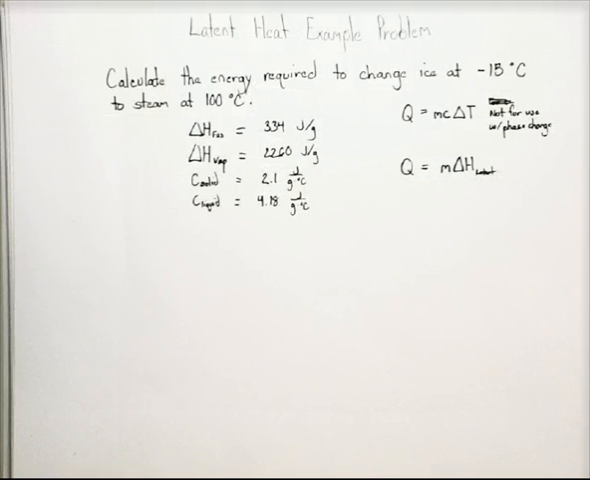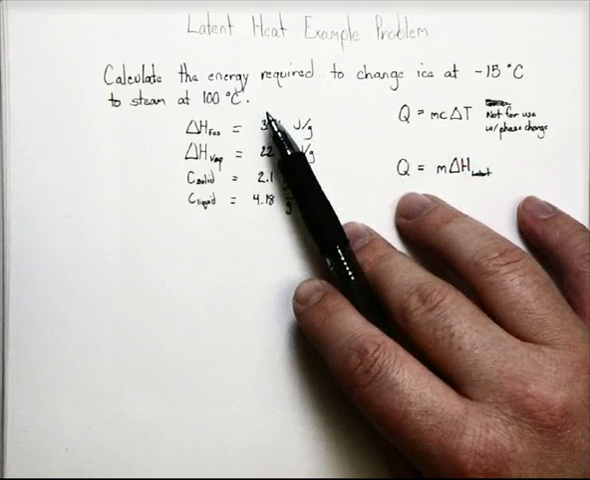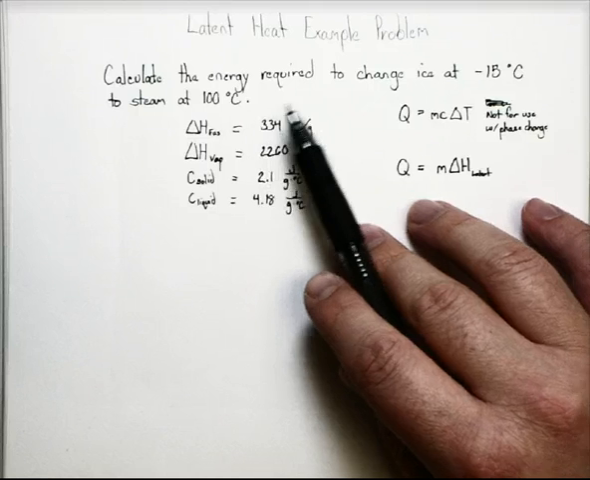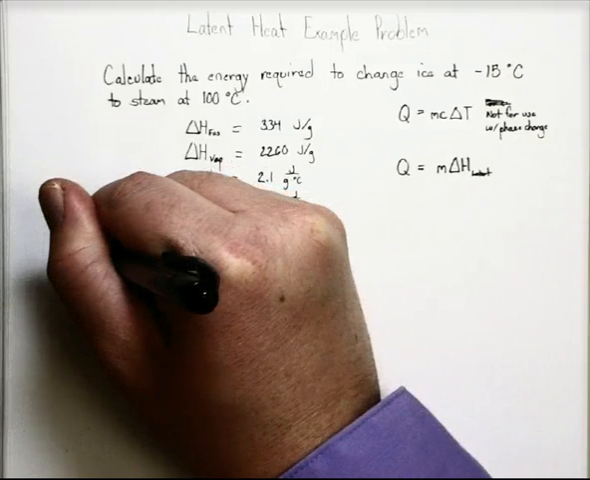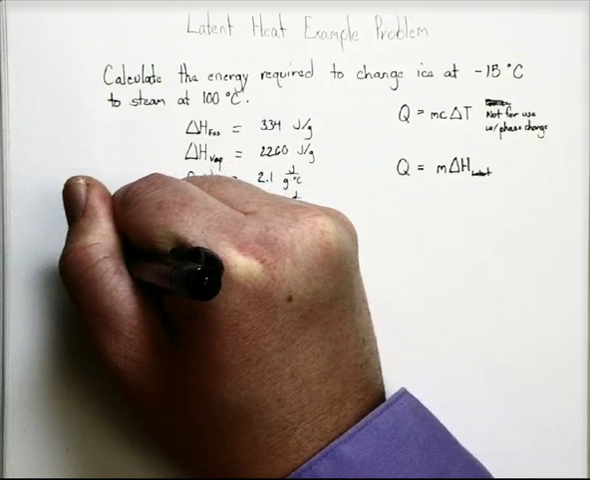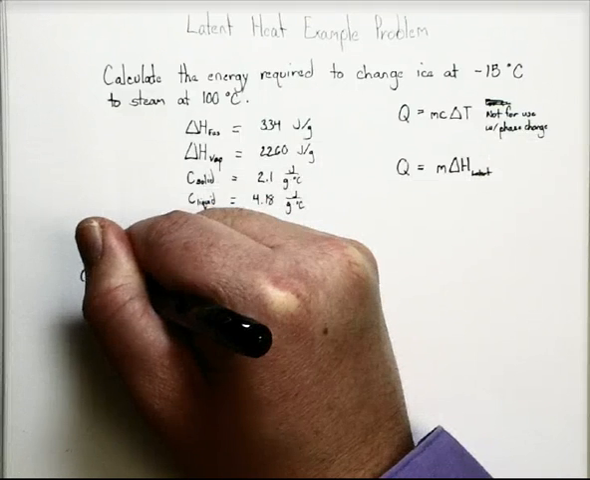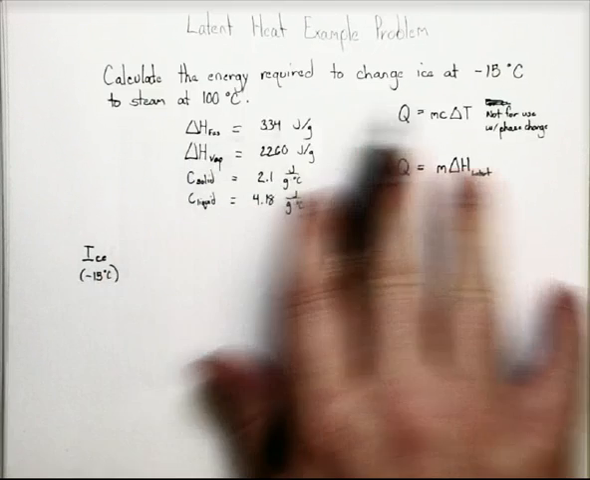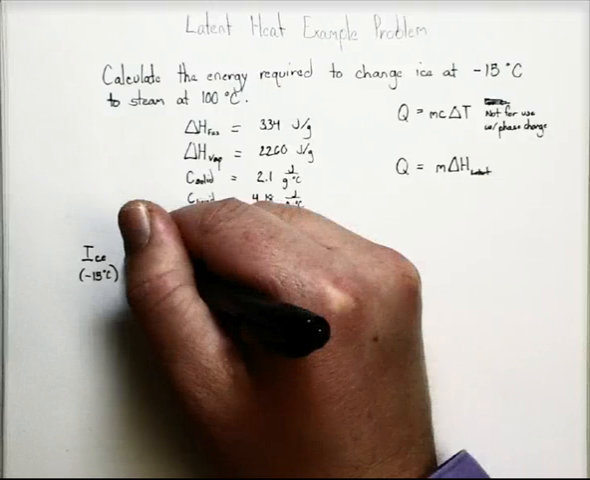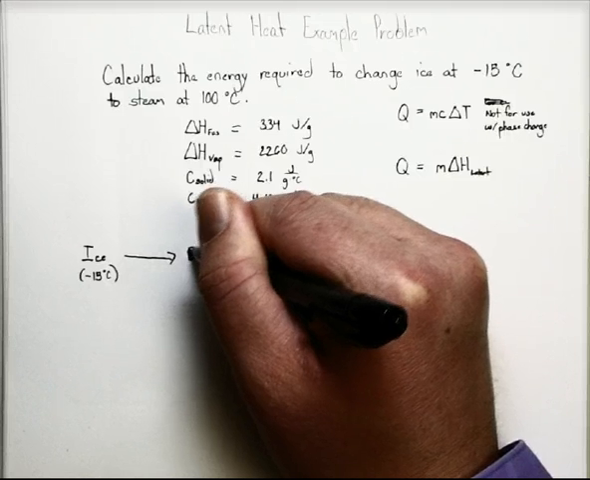So what we have to do in a situation like this is first determine at what points we're going to have a phase change and at what points we're going to have temperature changes. We start with ice, and that ice is at negative 15 degrees Celsius. We're heating it until it's steam, so we're going to warm that up until it is ice at